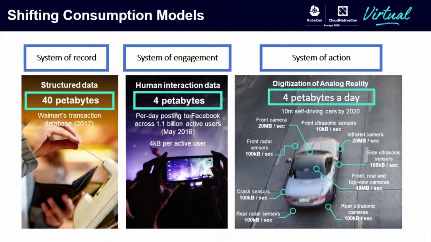Now data is key, and the where and how data is consumed is changing. So let's take a look at that. System of record traditionally is where you are recording what has happened. Applications are typically architected either monolithic or using some simple client-server paradigms. If you look at data volumes, we typically see, let's say, a typical retail database with all historic transactions is